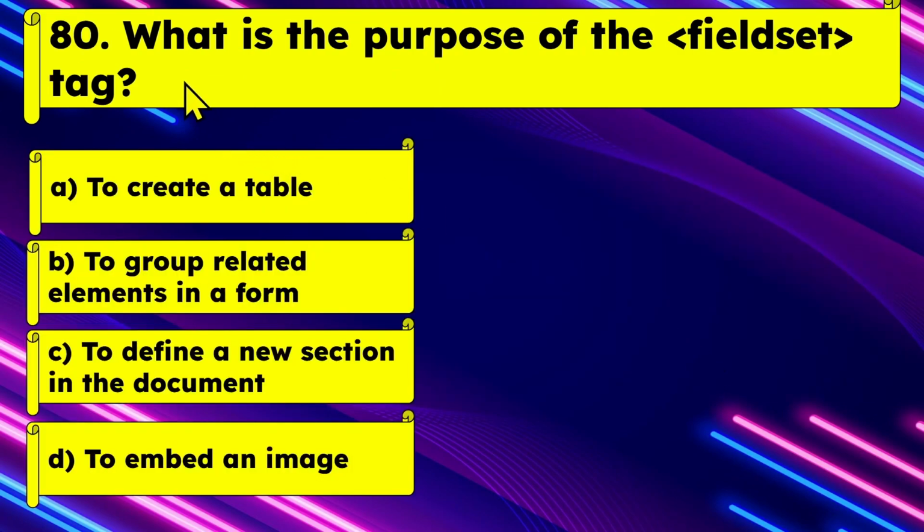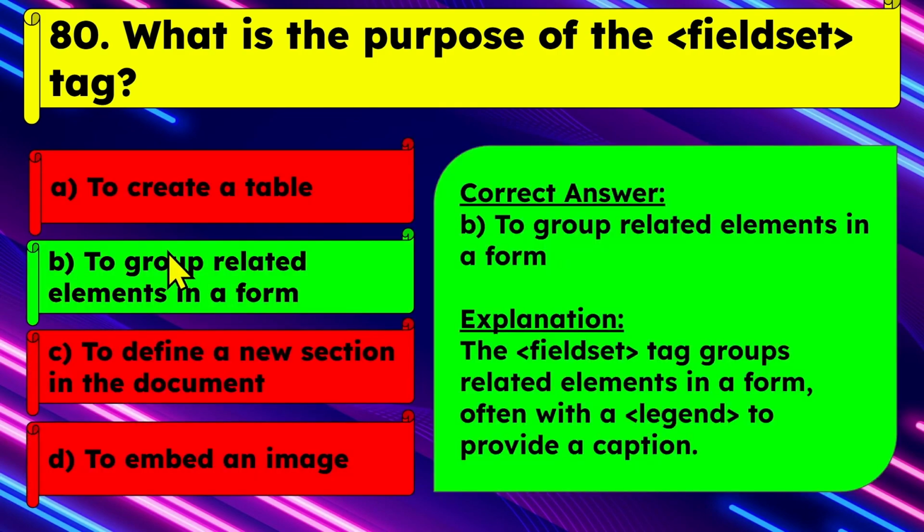Next question is, what is the purpose of the field set tag? To create a table, to group related elements in a form, to define a new section in the document, or to embed an image. So here the correct answer is option B. As you can see in the explanation, the field set tag groups related elements in a form, often with legend